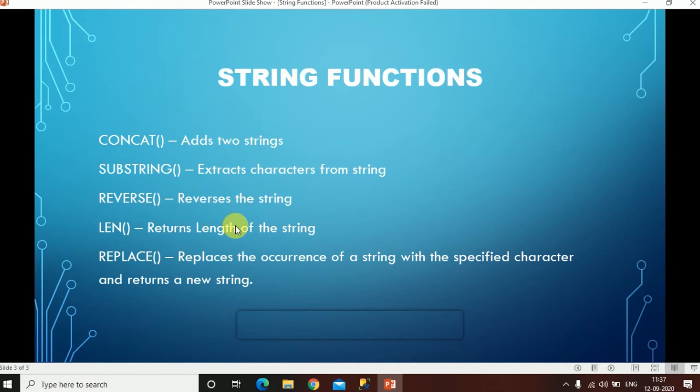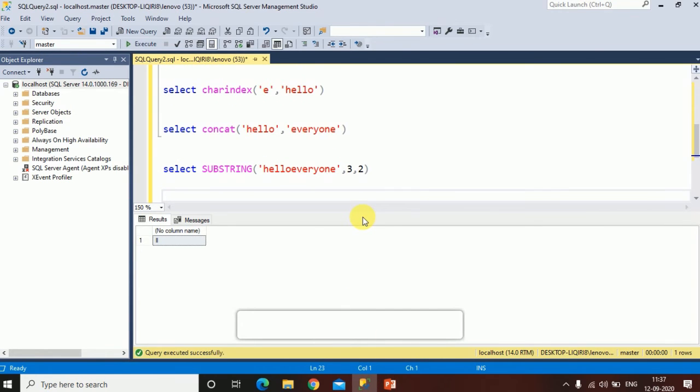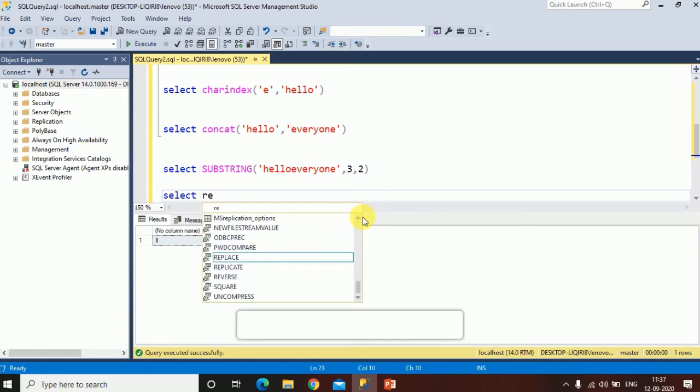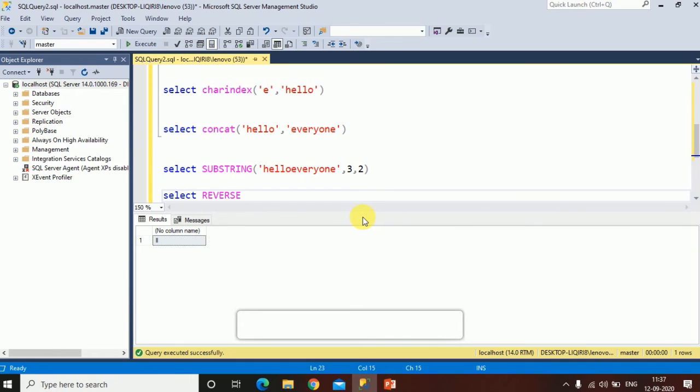Now, if we want to reverse the string, we'll use the REVERSE function. Let's check the REVERSE function practically. Select REVERSE of this string. It reverses the string. As you can see, it has reversed the string. So in this way, we can use the REVERSE function to reverse the string.